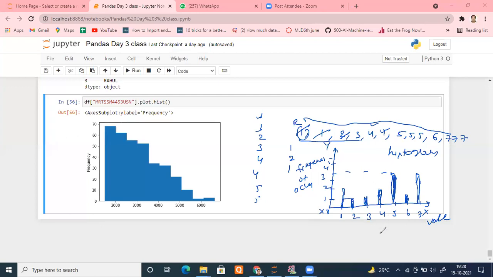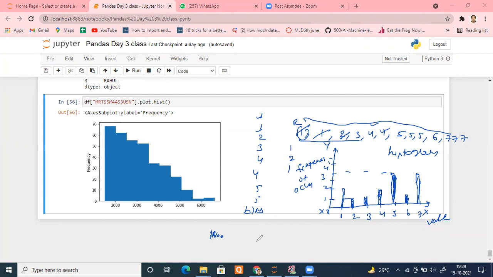Getting the point? But what happens when you have a lot of values? Then your plotting tools create bins. For example, your data set has 1000 points. If I plot 1000 points one after another, they will almost mix with each other.